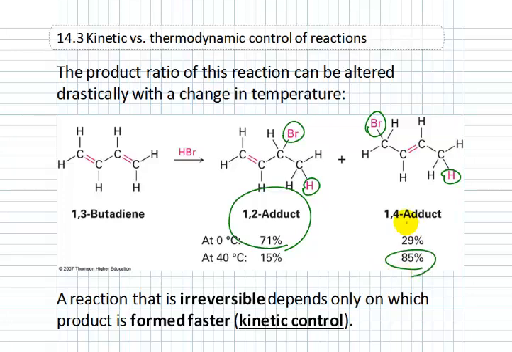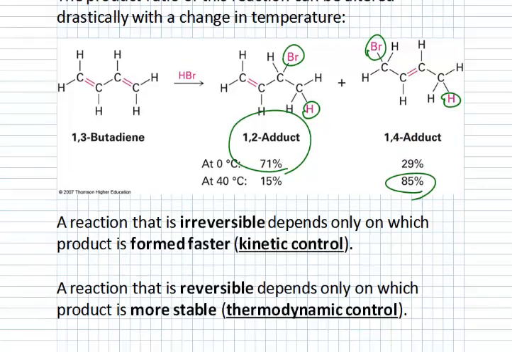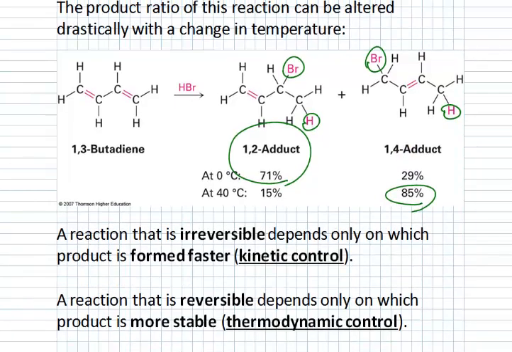This phenomenon is common, actually, for reactions that produce a mixture of products. Okay? Some reasonable mixture of products. If you cool it way down, you can get one. If you heat it way up, you can get the other. The reason for this is that there are two different methods of determining which product is favored, and we actually